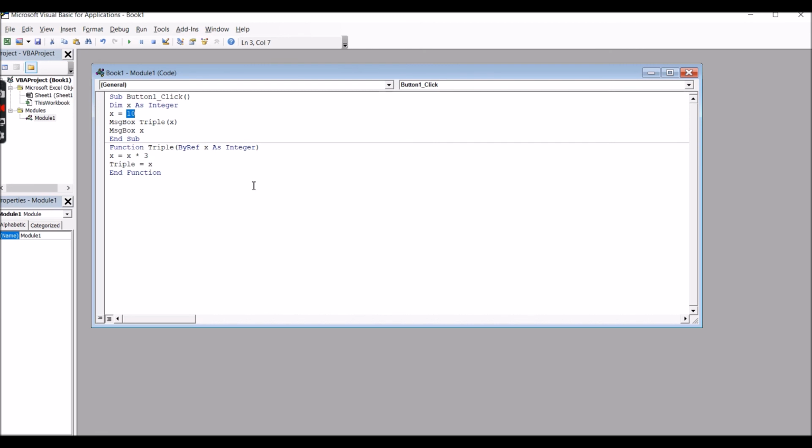So let's see the answer. Alt F11, if you press Alt F11, you will find it. While clicking on that button, you will find that the answer will give you 30. Look, the answer is giving you 30. Okay? This is how your macro works, and this is how your VB coding works with your Excel. Okay, have you understood? After that, you save it as your normal process. Again, if you want to see, you can see the answer is 30. 3 multiplied by 10 is 30.